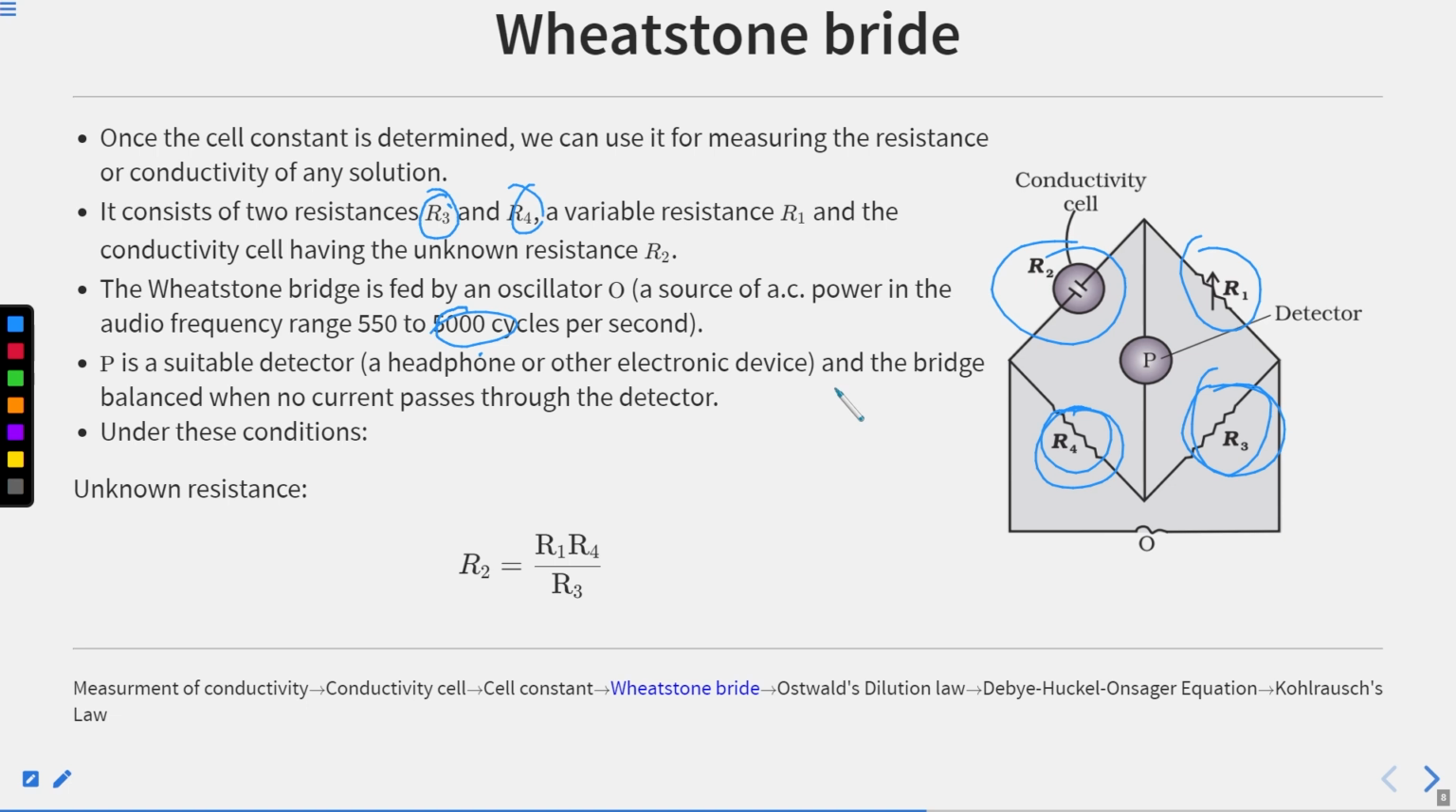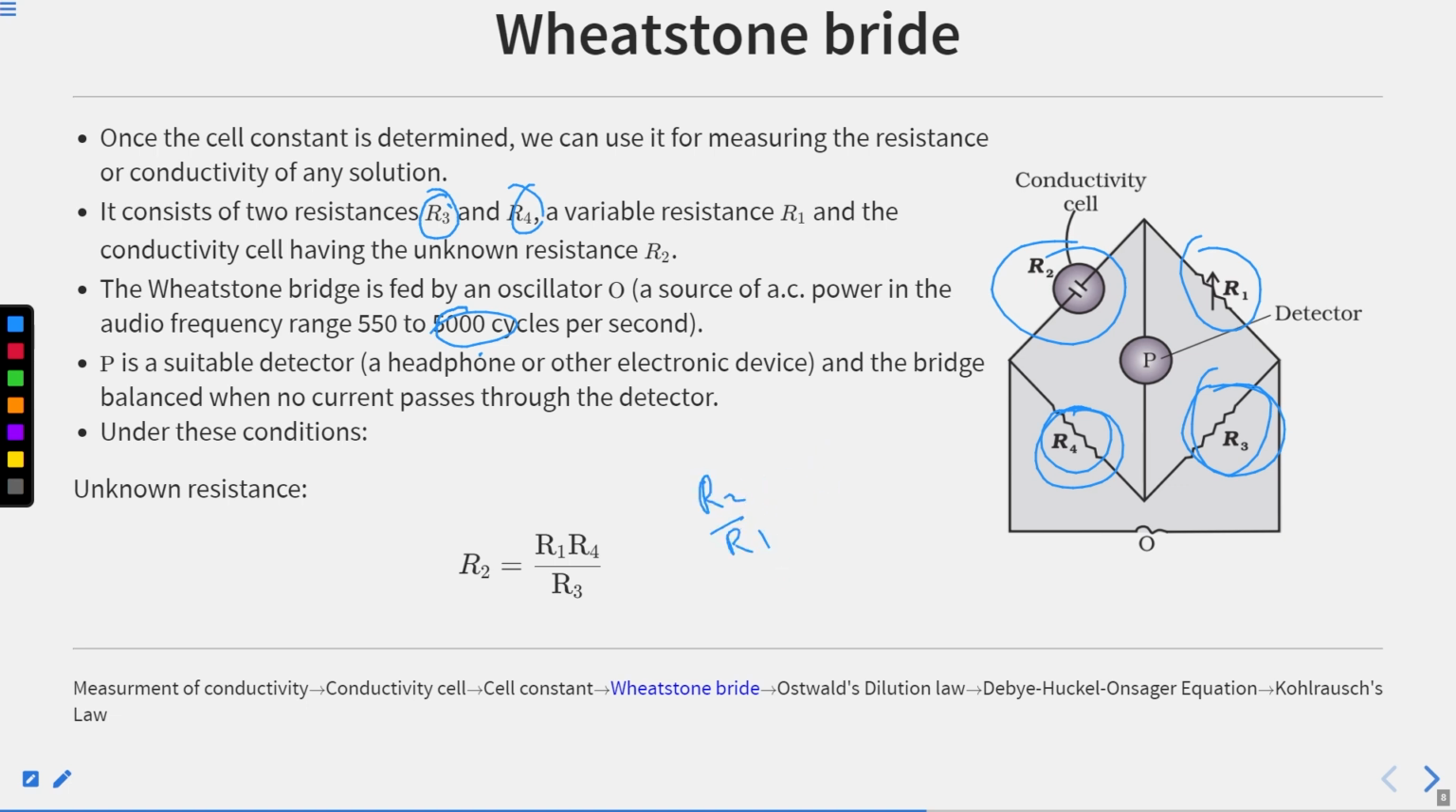Or you can connect it with an electronic device or a gate, so that upon connection, or flow of electricity, a bulb can glow. Now the bridge balanced will have no current passing through the detector. So if the resistance on both sides is equal in this way, that